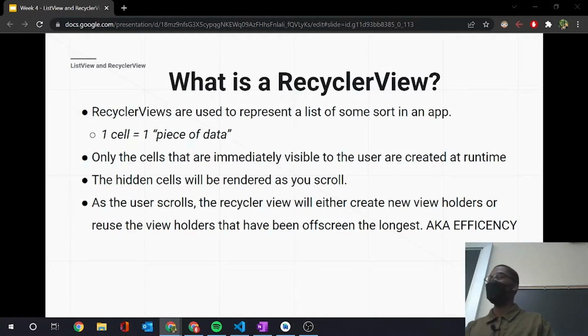That's also another benefit of recycler views as opposed to list views. You can actually create them such that they go horizontal as opposed to only vertical like list views. So as hidden things are rendered to the view, it'll use old views that are no longer visible to create and build new views, hence why it's considered recycling, because it recycles old views to create and build new views, which is why it's pretty cool.